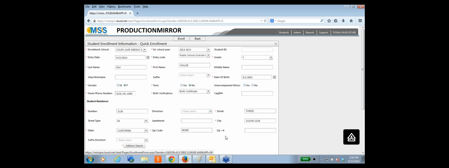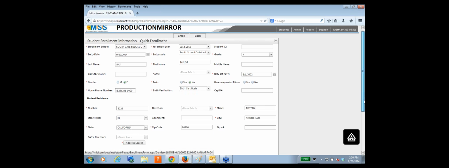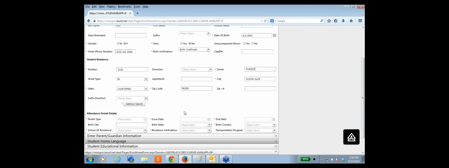Okay. Whenever you enroll a student, I'm missing my Y for Tweety. There we go. Whenever you enroll a student, you want to do an address search. And you'll get one of 3 messages. If the address that you're entering falls within your school's boundaries, then your school should display as the school of residence. If you're entering an address and it's outside of your school's boundaries but within the district, or maybe one of your address elements are incorrect,